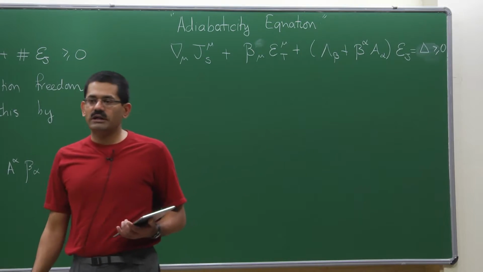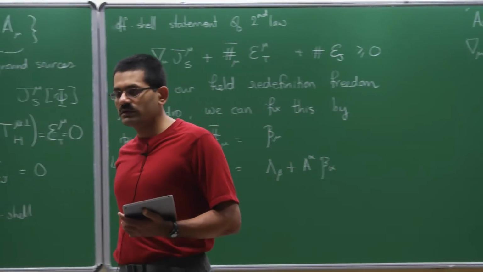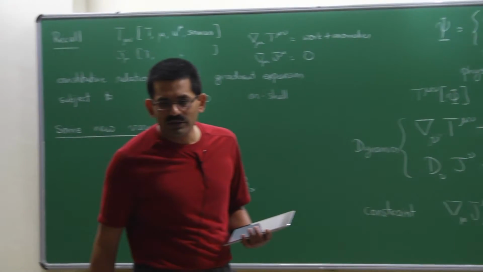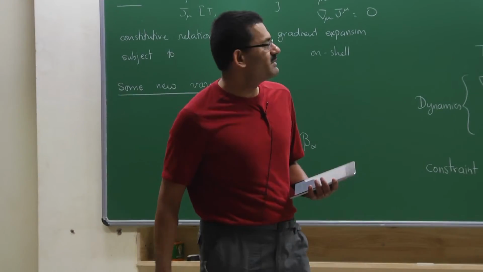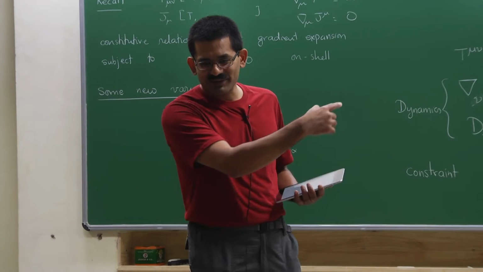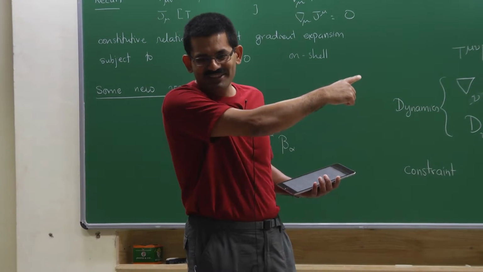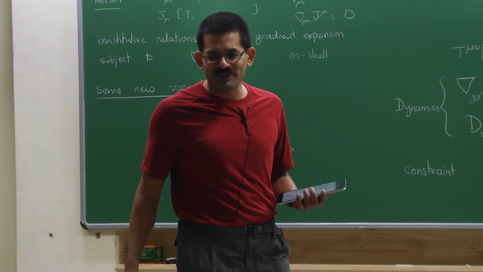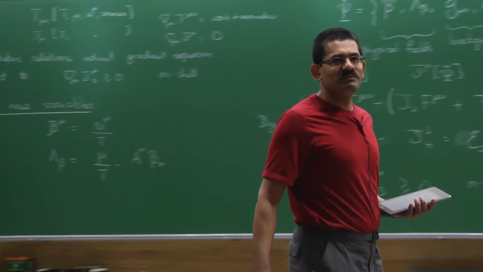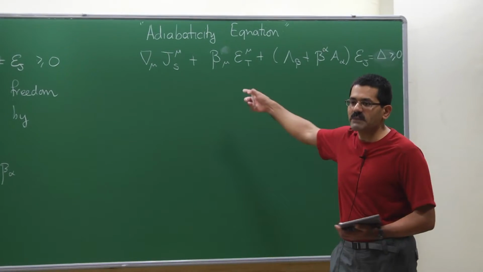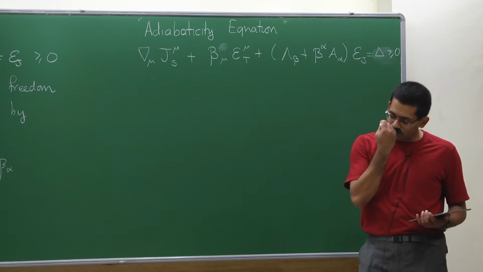I'm going to call it the adiabaticity equation. Yes? So somehow it's like the time-like component of this curly epsilon mu, spatial component of this curly epsilon mu, doesn't matter. Well, you'll see in a second when I tell you the answer. You know that equation. It's just that it's not written in a form that's familiar to you. But yes, it will capture everything. But the point is that,